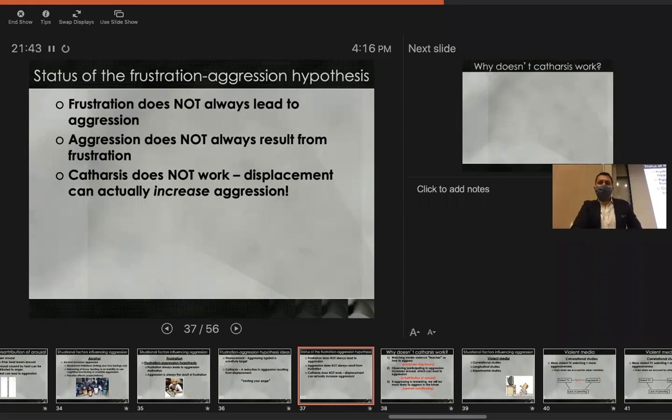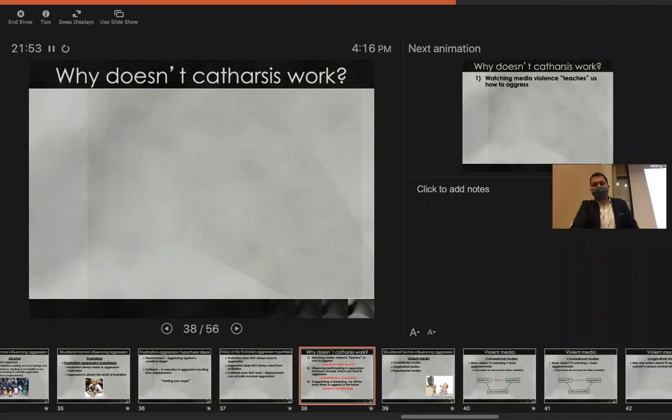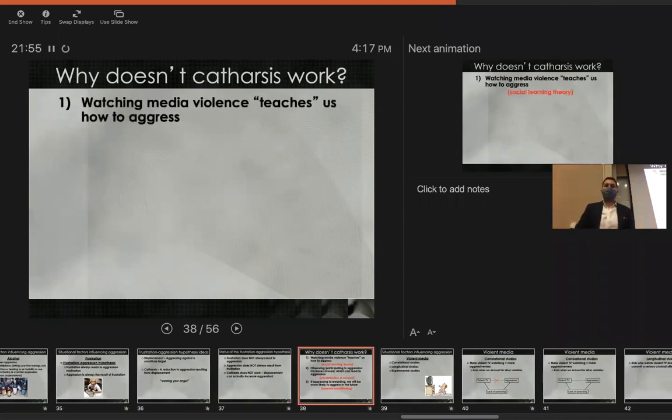So let's look at this a little bit. So why is that the case? Why doesn't catharsis work? It seems like it would make sense, right? That you would release your aggression against something like a pillow and you'd feel better. So let's look at why catharsis doesn't work. There's three main reasons. First off, so some people have claimed, for instance, that one way to engage in catharsis,